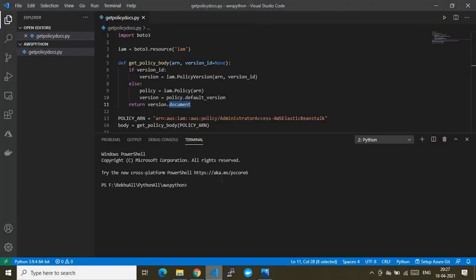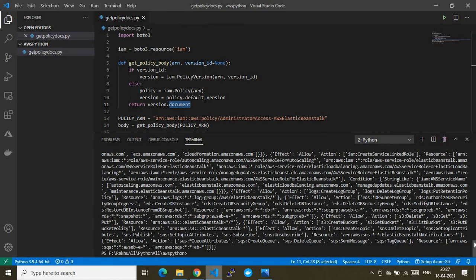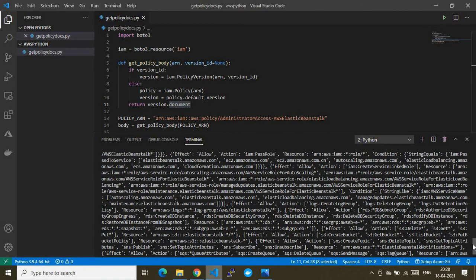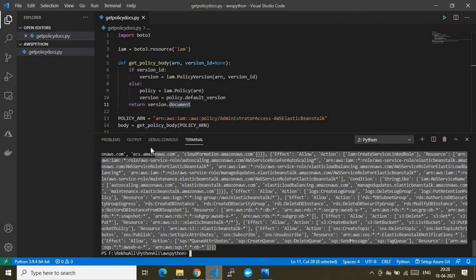It's taking some time, so let me rerun it again. Actually it is running, so let's wait for some time because there's a delay here. Let me click on this so that I can show you the output. Here you go. Now my file got invoked with python.exe, internally this Python file has been given as an input to python.exe. Since I clicked twice, the file has been executed twice. Here you see it has returned the required output in the format of JSON.